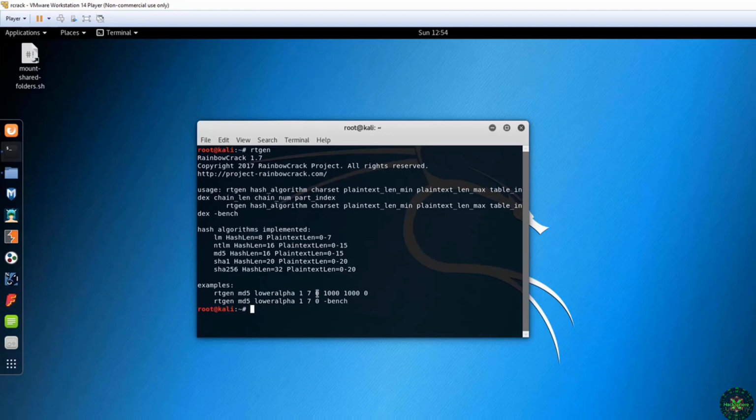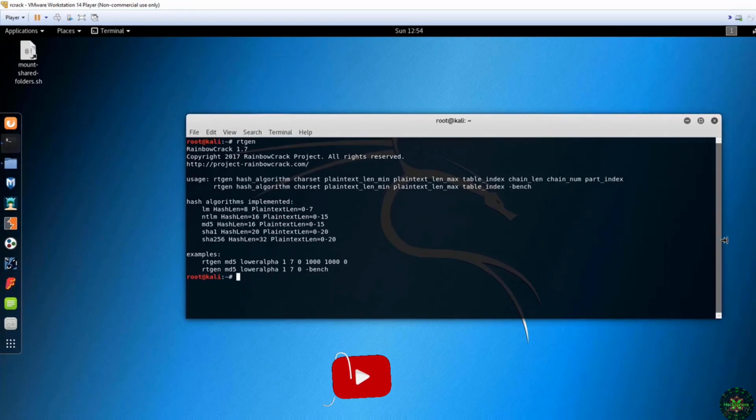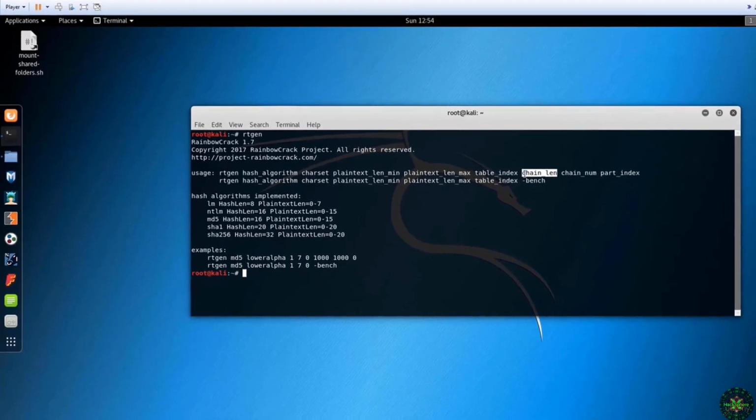Then we have these parameters here, which are related, to be honest, to advanced cryptographic stuff. We will not go deep into that now. I'll give you just a general guideline on that. The table index is actually the reduction function we will have in this rainbow table generated. Meanwhile, the chain length is simply the length of the chain you want to generate,